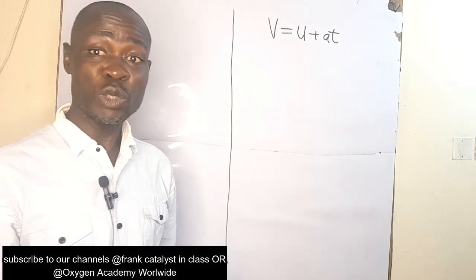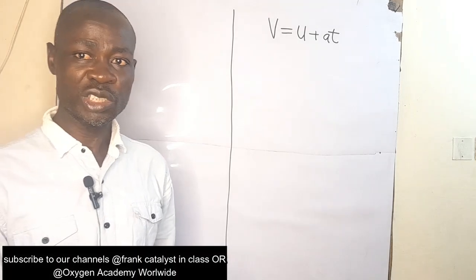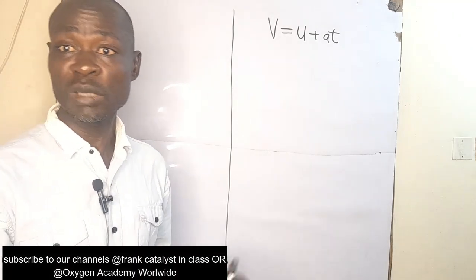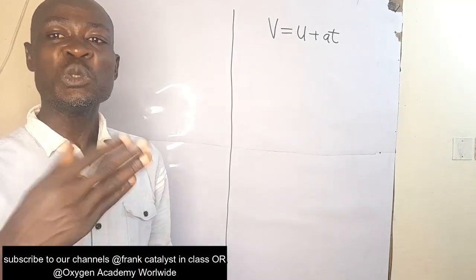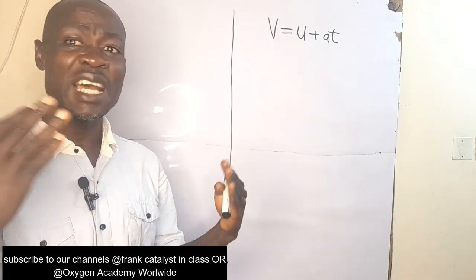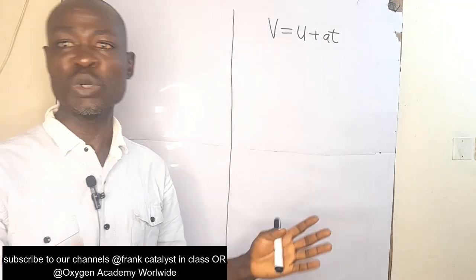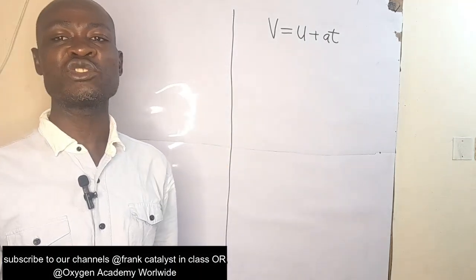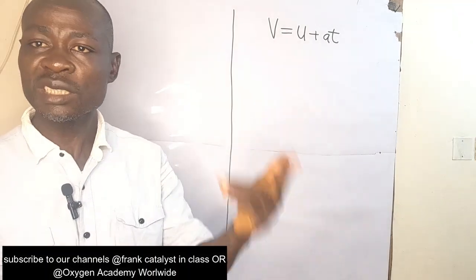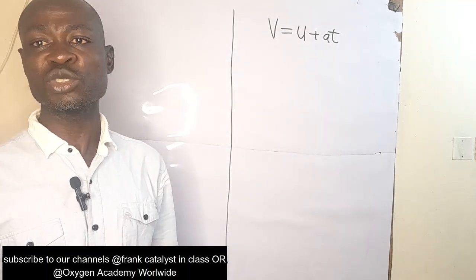Because when you cram an equation and you don't know the source of it, it becomes a very big problem, because understanding the origin of that equation will give you an idea of how to use it and when to use it. So that is exactly what we are trying to do here, using critical thinking, especially when you are trying to solve problems.